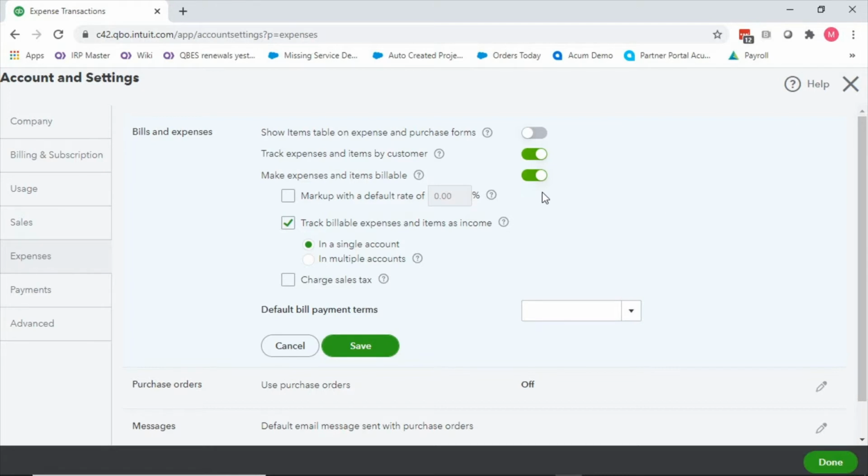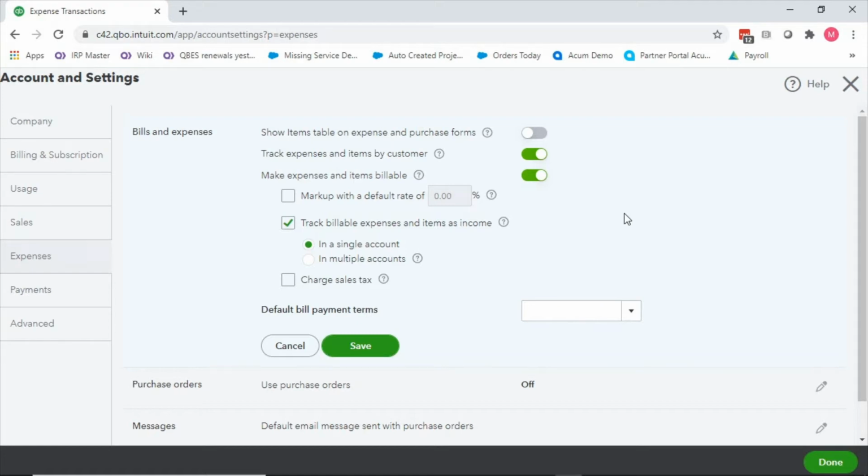So let's say we're an HVAC company as an example. We might not want to track our air filters because we just go through air filters like nobody's business. But water heaters we might want to track. So maybe I want to put water heater in here, even if it's not an inventory part, so I can see the cost of water heaters and how the cost has varied over a period of time. I don't want to stick water heaters on my profit and loss statement under materials as a chart of accounts account because that's too much detail for a profit and loss.